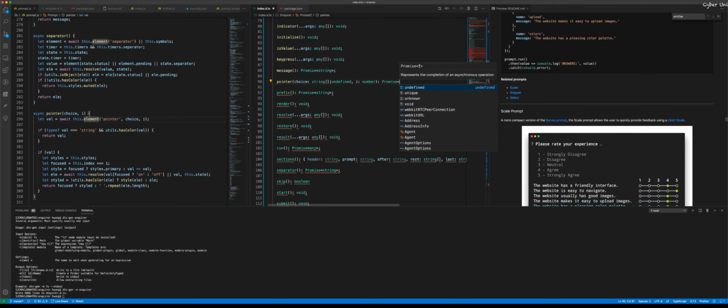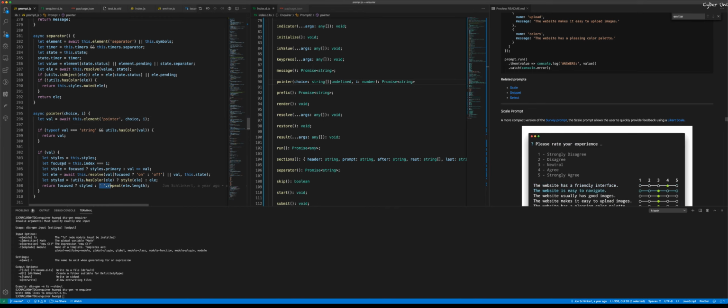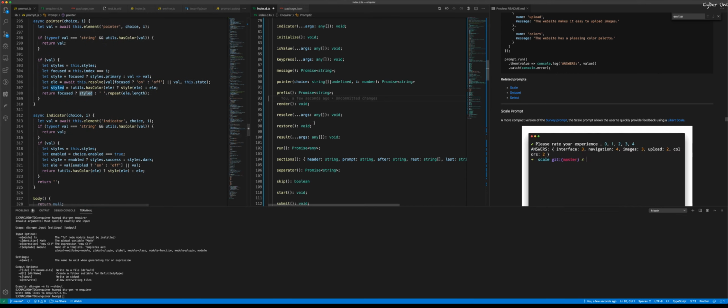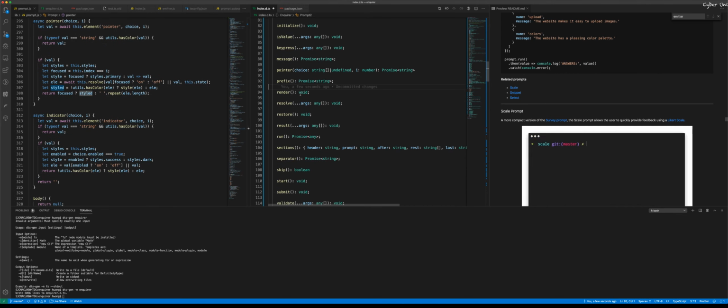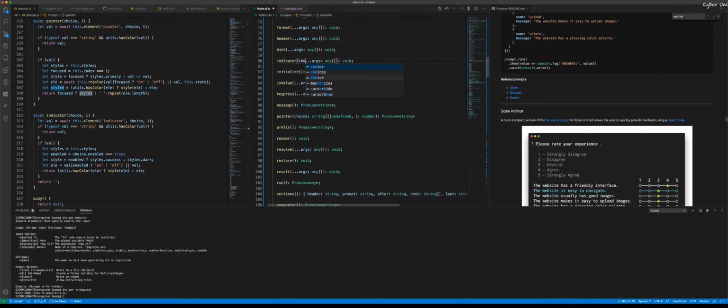Promise, what does it return? String. This looks like a string. This styled is likely also a string. Okay. Indicator. So